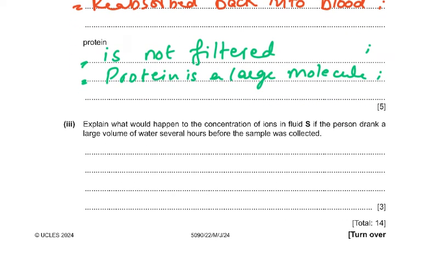Last question, explain what would happen to the concentration of ions in fluid S if the person drank a large volume of water several hours before the sample was collected. What would happen to the concentration of ions? It's just like having 2 teaspoons of sugar in a glass of water and 2 teaspoons of sugar in a big jug which contains 4 glasses of water. Now the same ions are in a large amount of water, so ion concentration will decrease. The reason why, because there is more water in the urine,